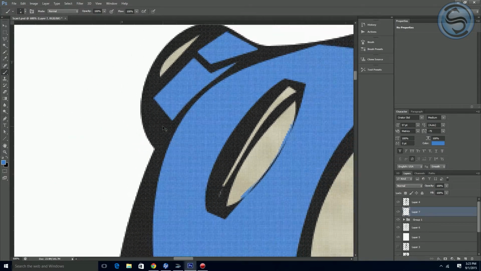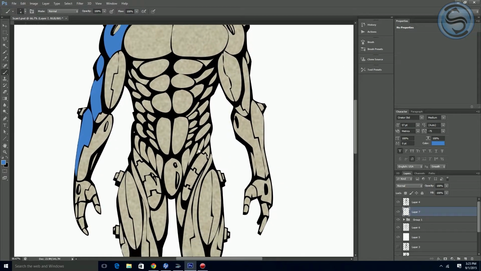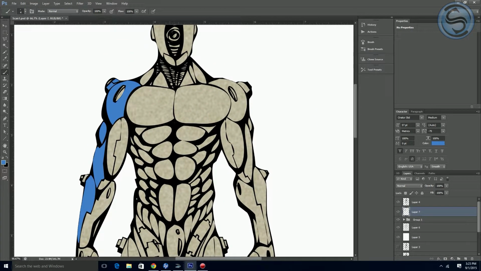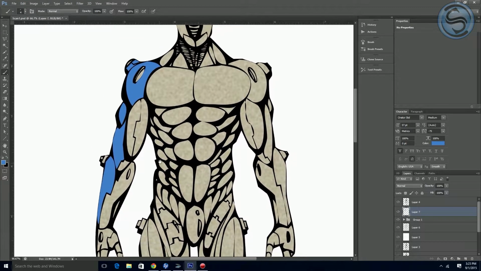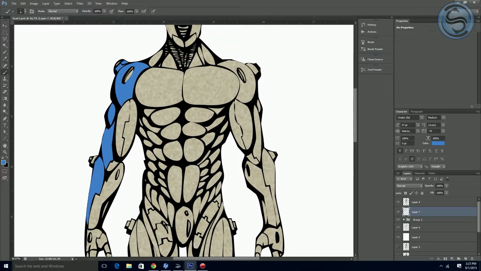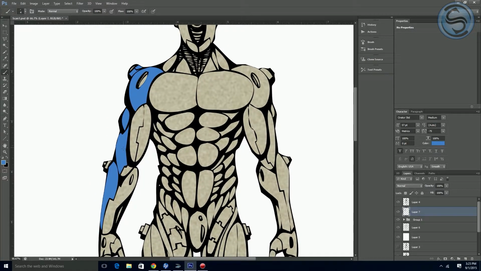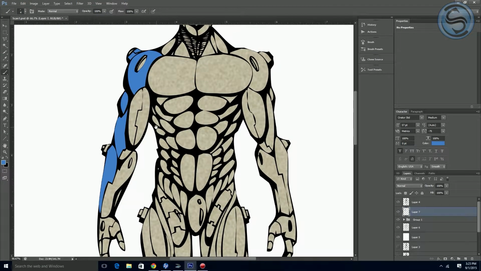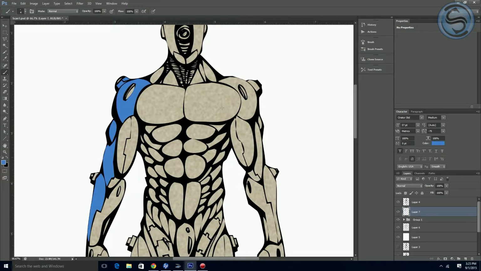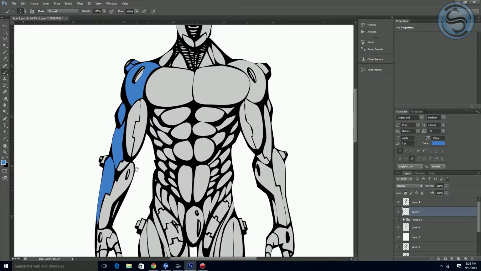So now what I like to do is make sure that I don't select all of the parts. Sometimes I separate each section of a character separately, or sometimes I'll do it like this, and only because I want to later apply some effects. And if I have the whole character filled in, like for example this layer or even this layer, then it's going to affect the entire fill,